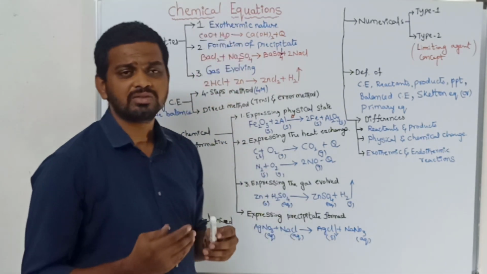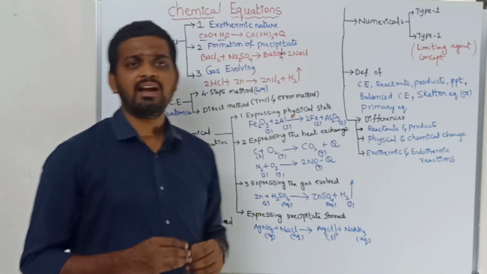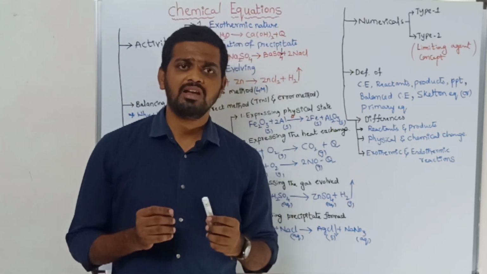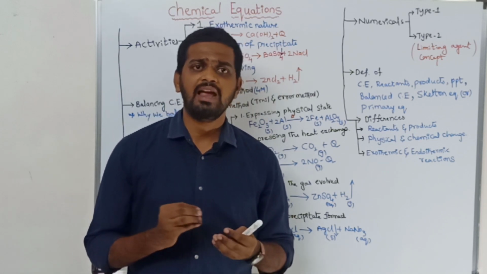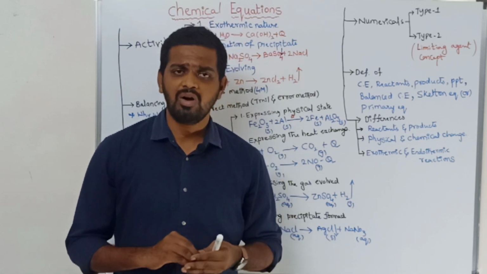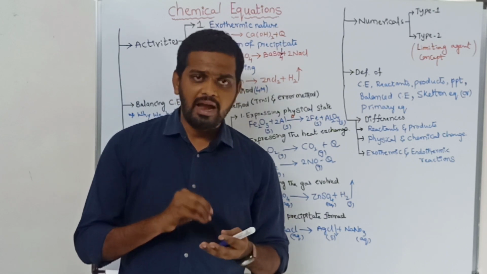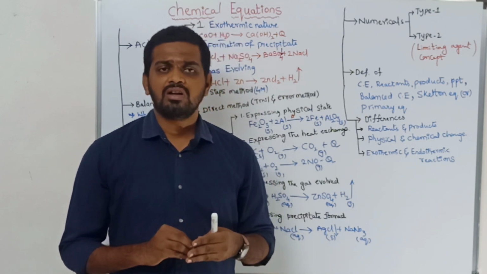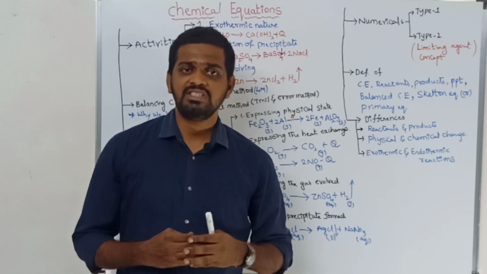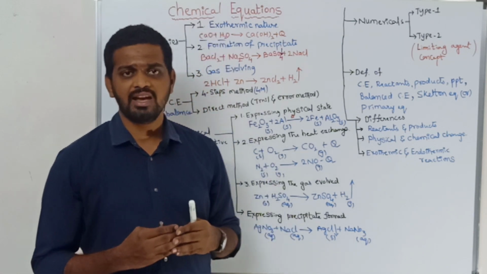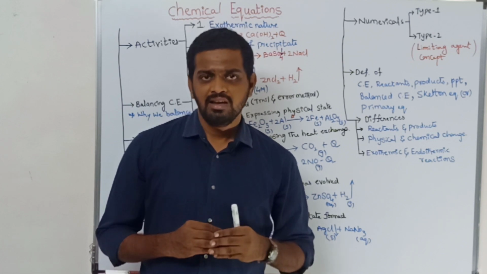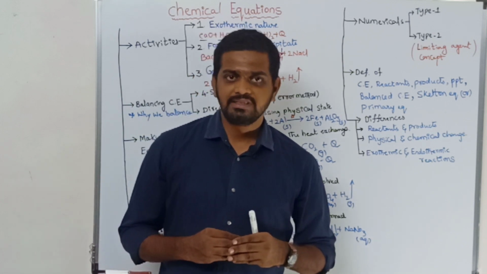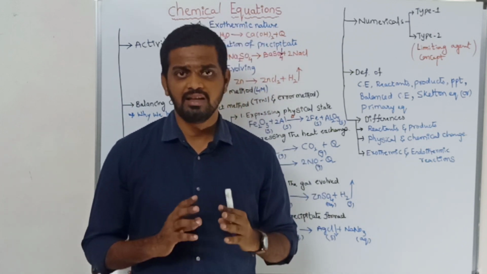So to do that activity, I have taken a conical flask. In that conical flask, I poured some water. Then I added a pinch of calcium oxide. When you add the calcium oxide to the water, calcium hydroxide is formed, which is an exothermic chemical reaction. If you touch the beaker, you will sense the heat. Is it clear, children?